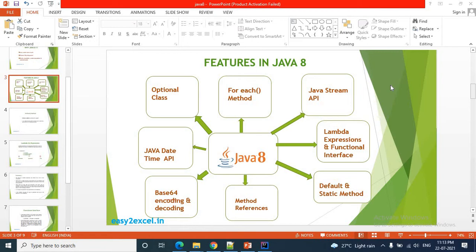Let's say I have an employee entity and I retrieve that employee entity from my database by, say, employee find by ID. I retrieve the employee entity and I do some operation on that employee object. If that employee contains no value or the employee object is null, then at runtime that will lead me to the null pointer exception, which is a serious issue.